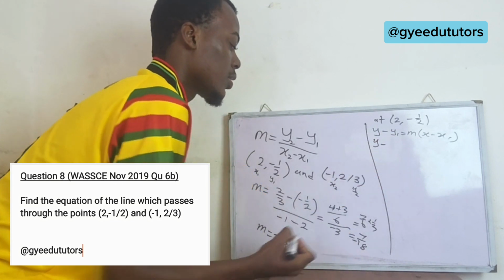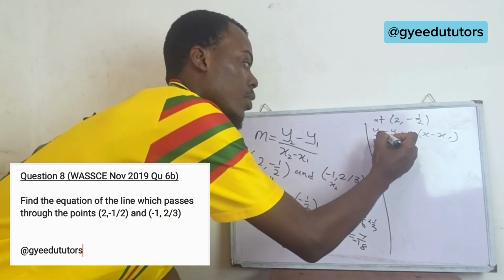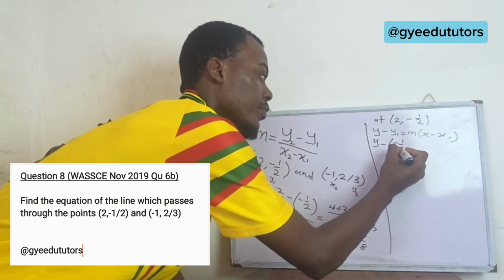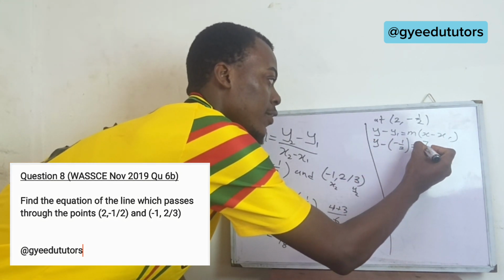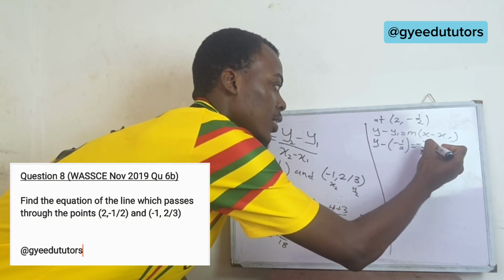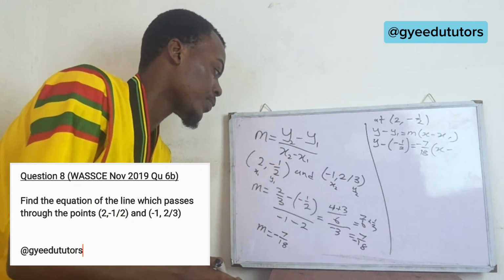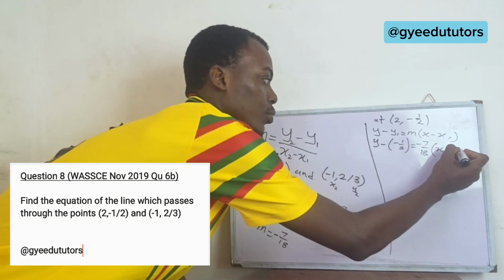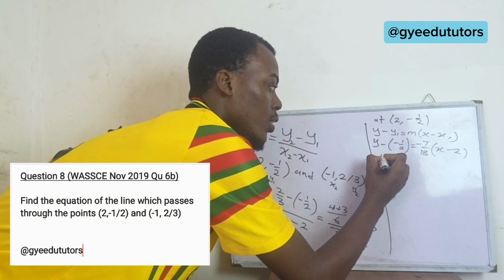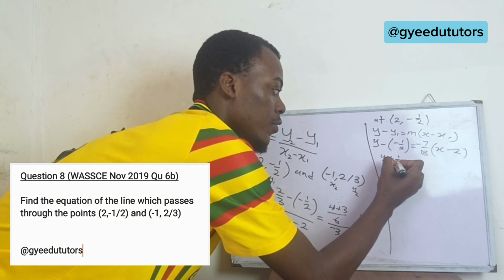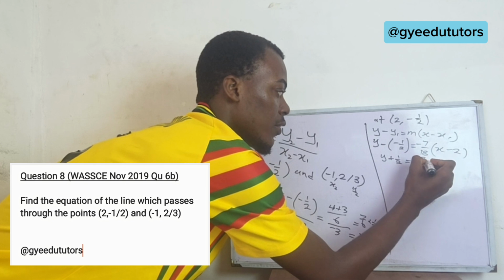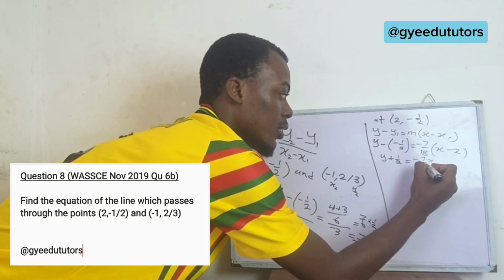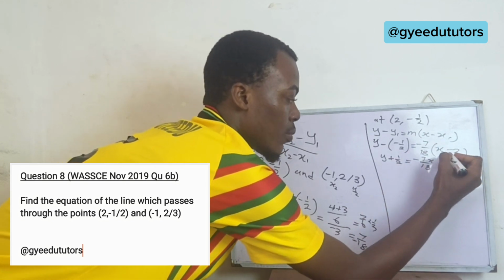So y1 is minus half, m is minus 7 over 18, x minus 2. So this is the same as y plus half is equal to minus 7x over 18. This is the same as